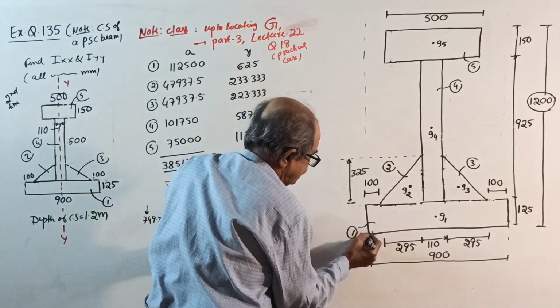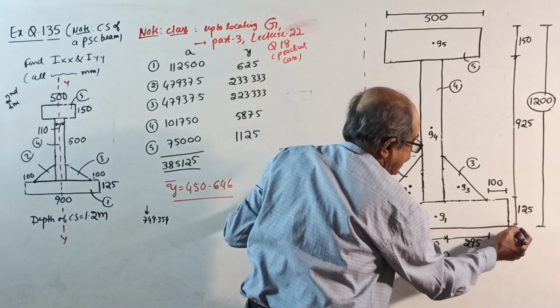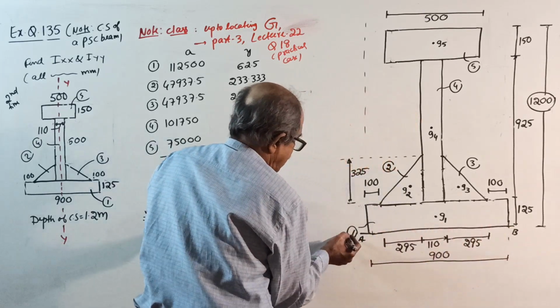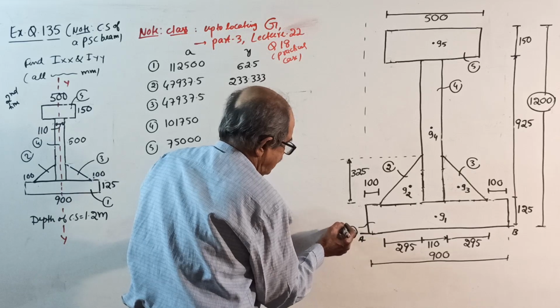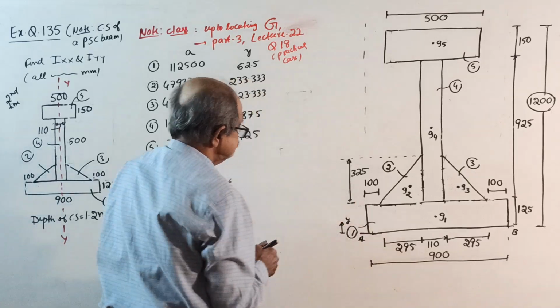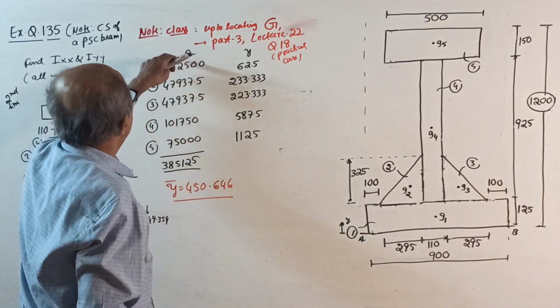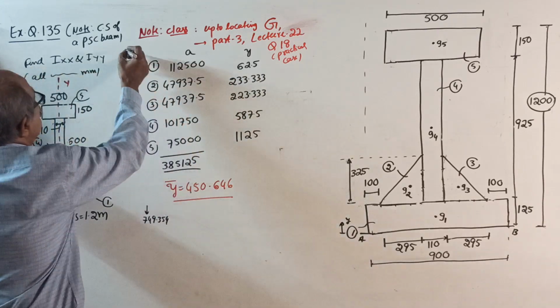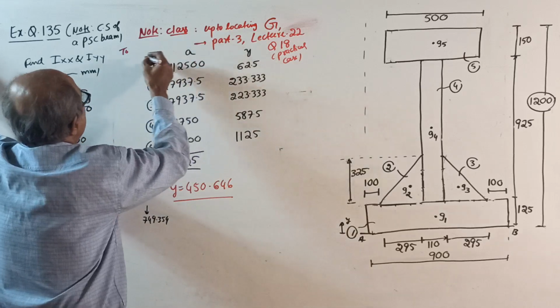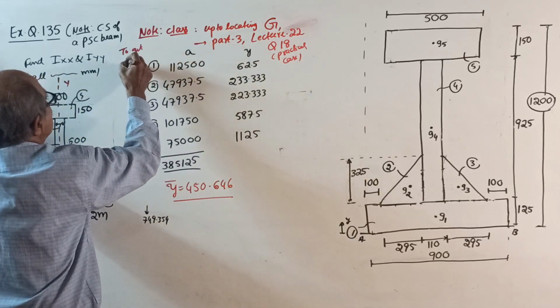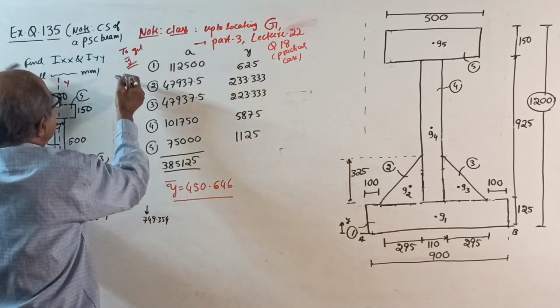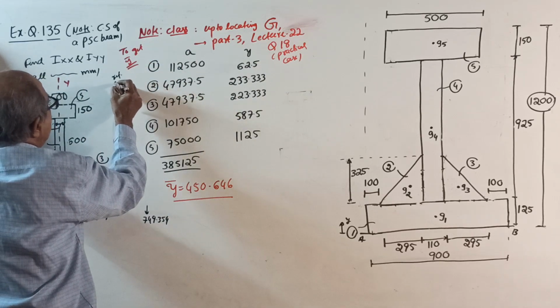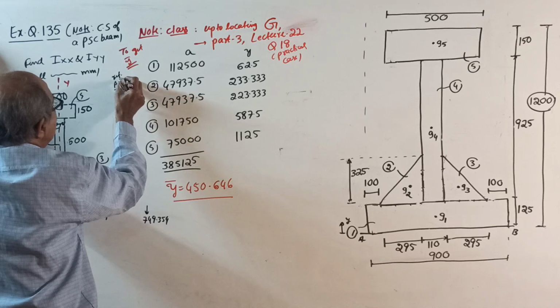I will call this line as AB. AB, reference line. From AB, I will take y this way. So, to locate centroid, now next slide. To get y bar, after all the statement, reference is AB, bottom edge, y upward,